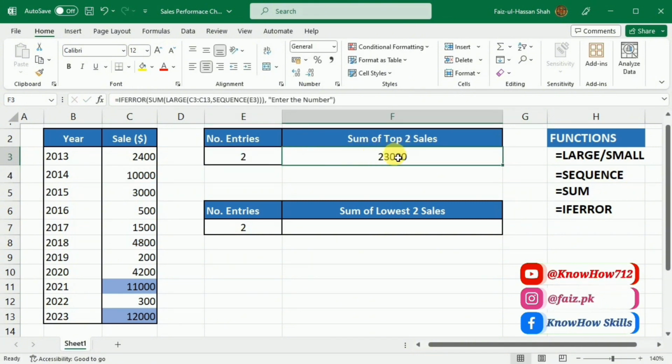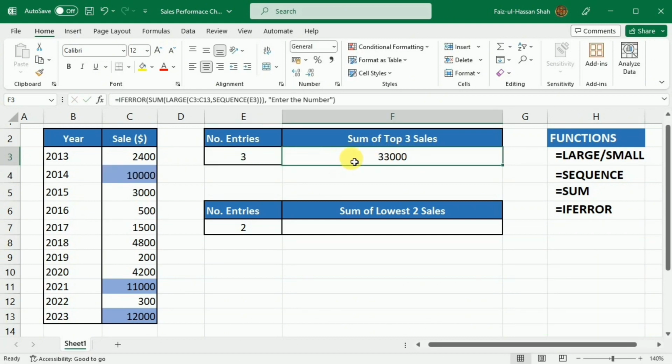top 2 sales. Similarly, if I write 3, it gives me the sum of top 3 sales. And I can also get the sum of lowest sales also. For this purpose, we will be using LARGE, SMALL, SEQUENCE, SUM and IFERROR functions, along with conditional formatting to highlight